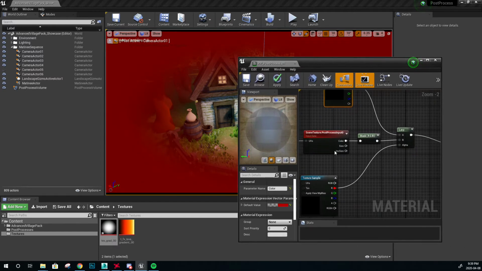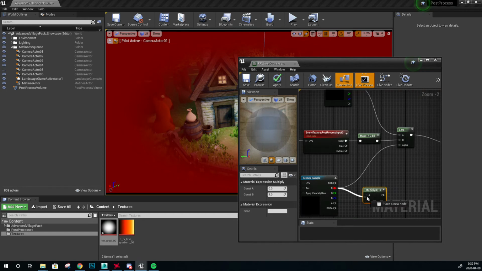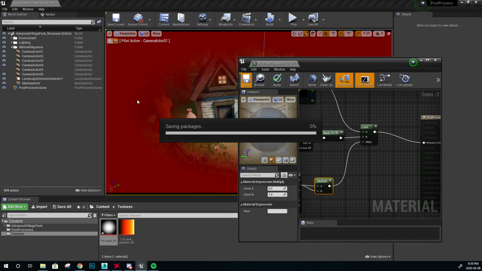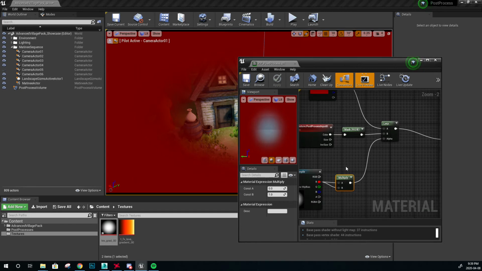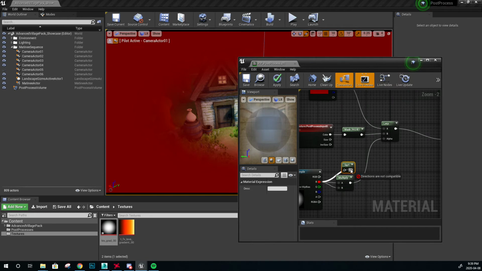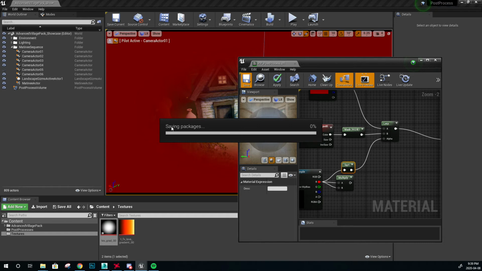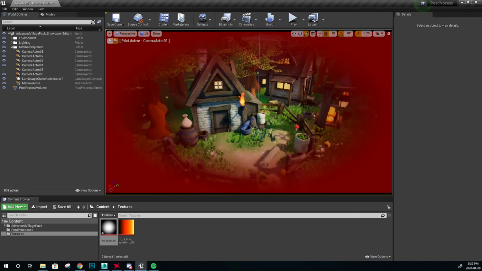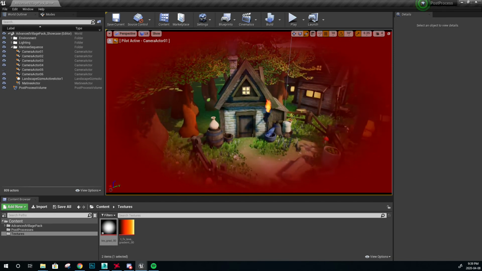Yeah. And maybe we can power this. Multiplying it by itself is the equivalent of saying power of 2. So it's going to push the redness towards the edge. Oh, actually the opposite. I need to square root it. Yeah, so we have this effect. Obviously, fading to just a simple color is kind of